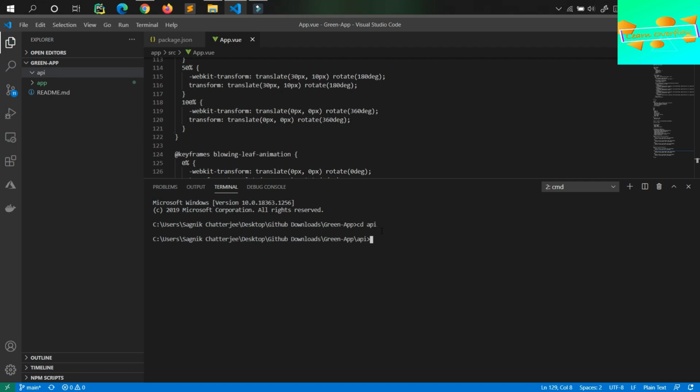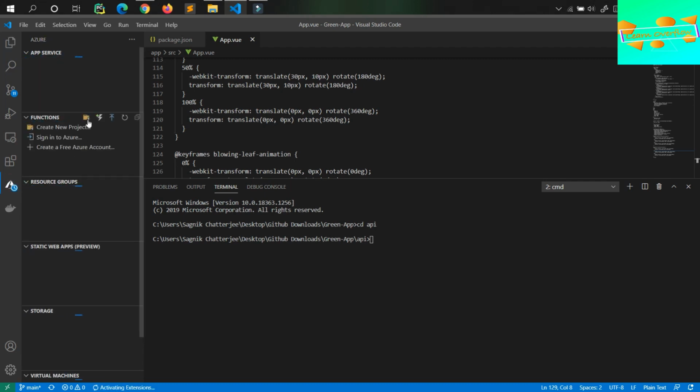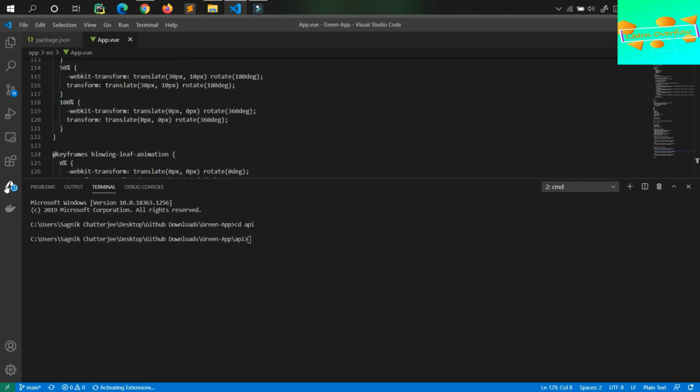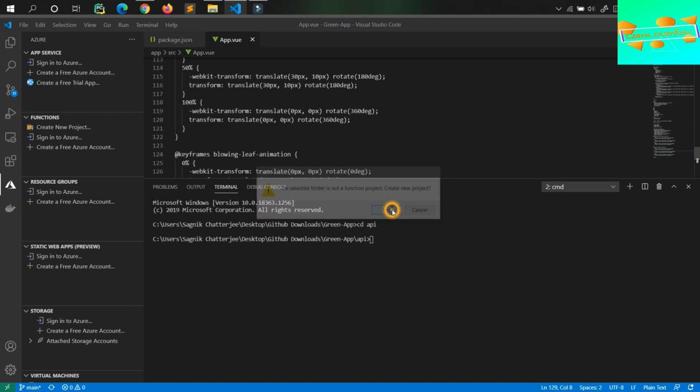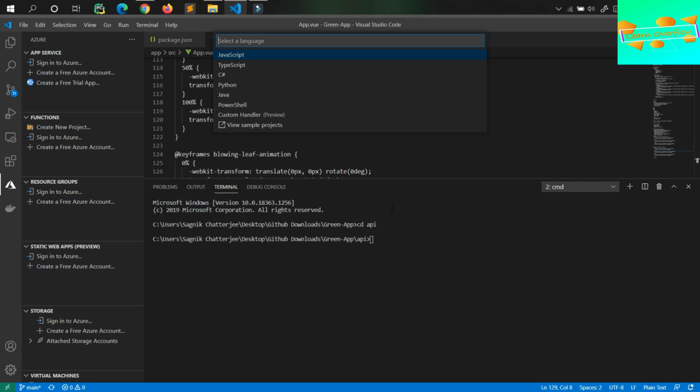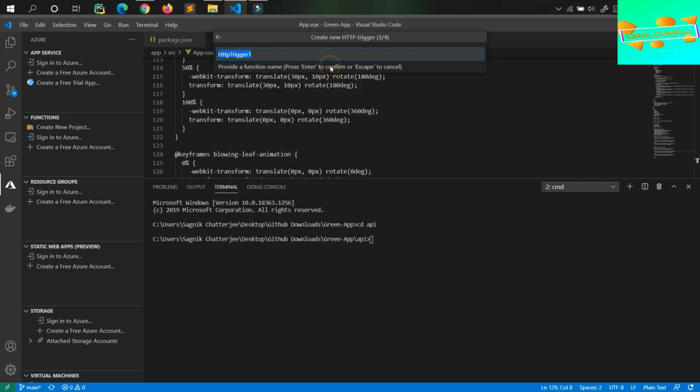For that, we'll use Azure Functions to build our API. Now to build the API, we'll just move to this Azure Tools section, and here we'll create a function for our app. Then it will say the selected folder is not in a function project. Create a new project. So we'll say yes, we want to create a new project. In that we'll create a JavaScript function here. After that, we will create an HTTP trigger for us,